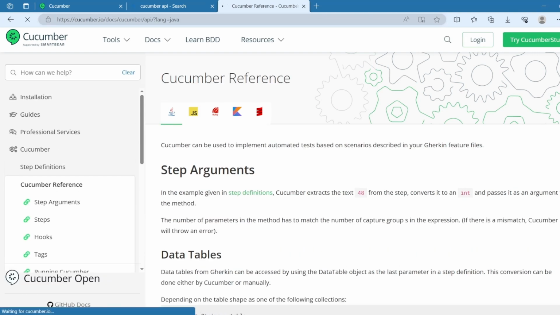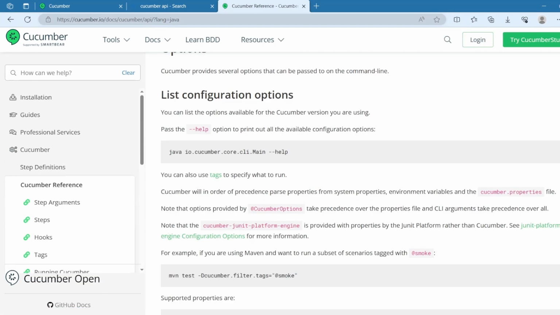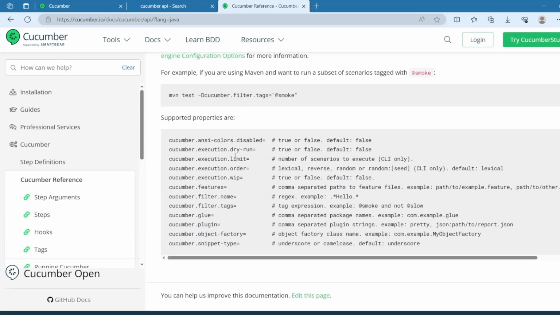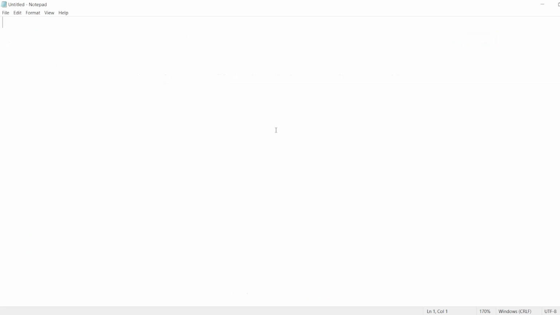If we scroll down to the bottom, here we get to see the configuration parameters which we could provide from the command line. And here is a sample. So let us copy this sample and paste it here. In our case we are also executing clean, so we could mention here mvn clean test, and